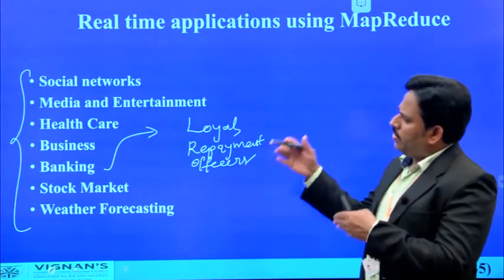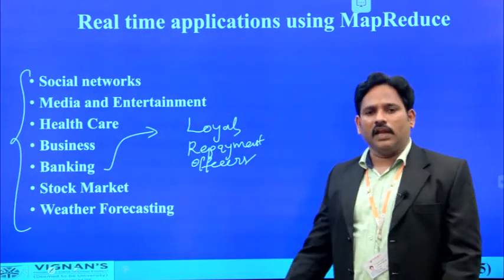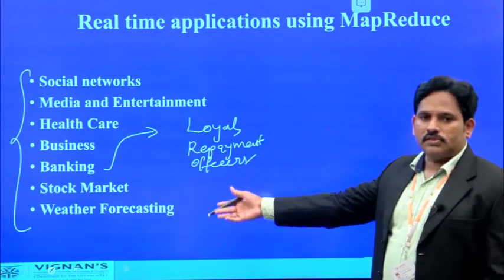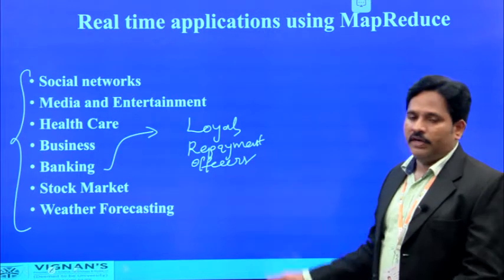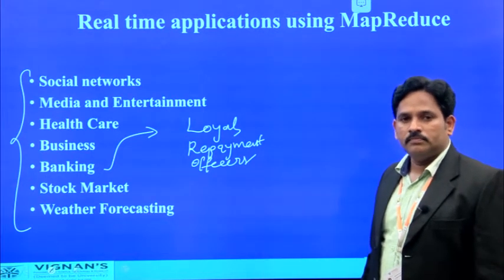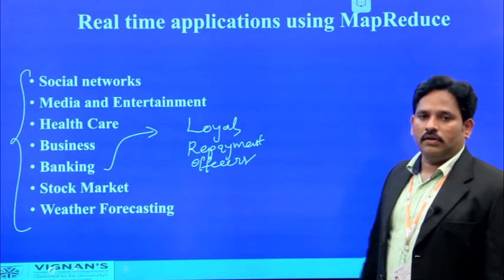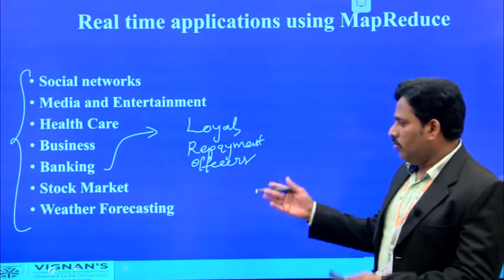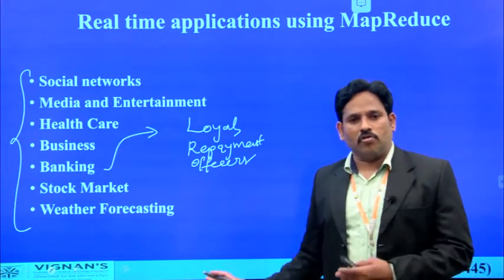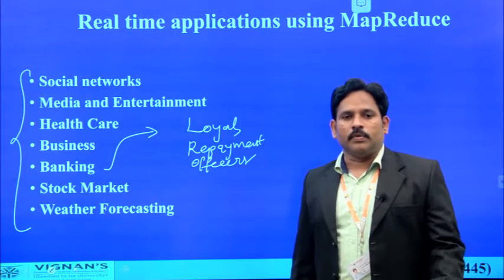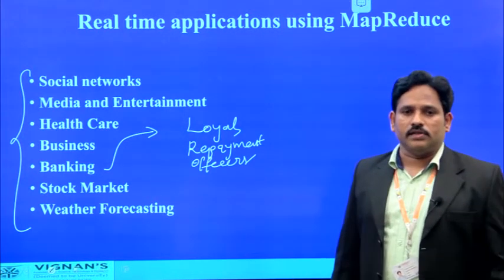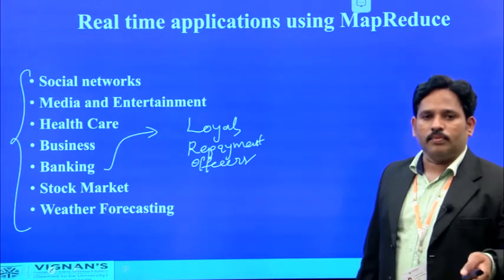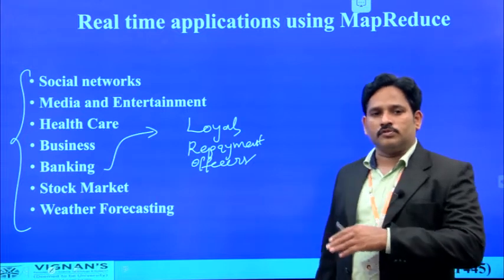So knowingly or unknowingly, we started using these applications in our daily life. We are directly using social media and entertainment. Weather forecasting we are not using directly, but we can get the predicted results from the weather forecasting server. To alert the people, this information can be used and circulated to the public. And they can go for stock exchange or stock market related information in order to predict the price of a product or a share value, and based on that prediction they can go for investment or they can go for closing of the investment also.